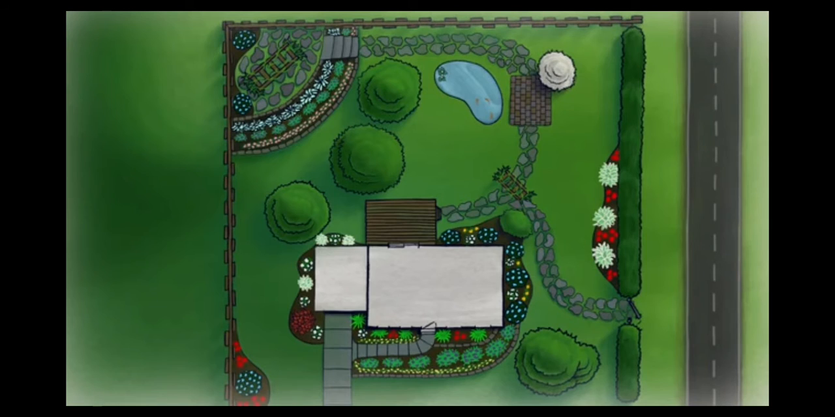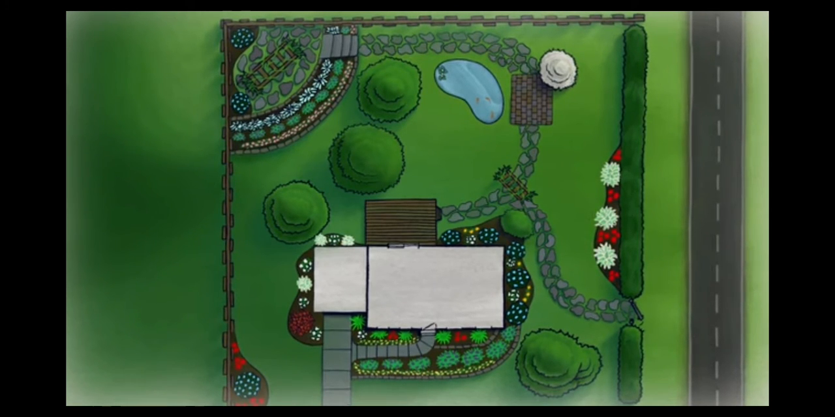And remember, the best landscaping tip of all is to do what makes you happy, and you'll have